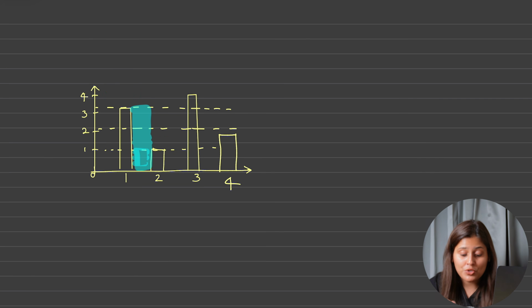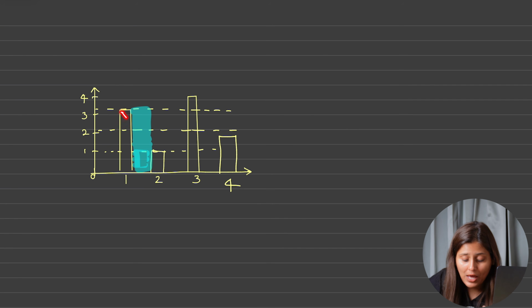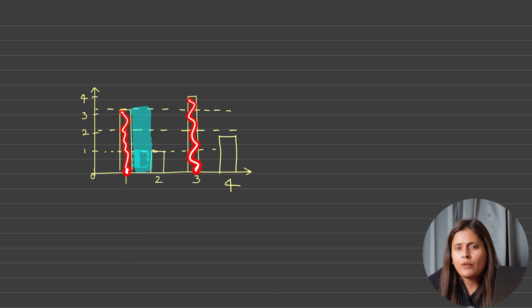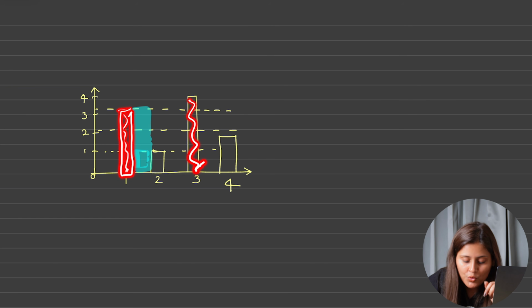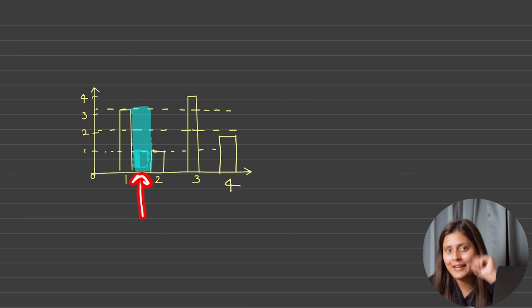Of course 3, because you just saw here only we said if you want to calculate water in between the two buildings, you have to consider the minimum height in between those, because that much height only the water can have, correct? So simply if you have calculated the left max height and right max height, in between what is the minimum height? So that 3 is the minimum height, so only 3 can be the height of this water. And as you know, width is always fixed 1, so hence 3 is nothing but the area. Okay, so now for this index, we have calculated that 3 will be the maximum area of water.